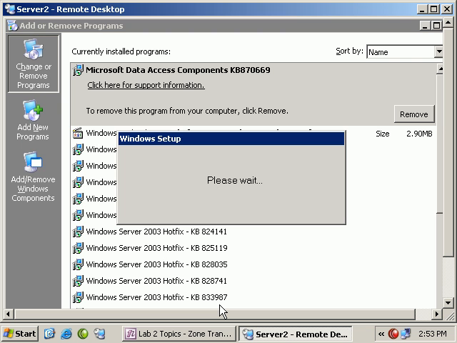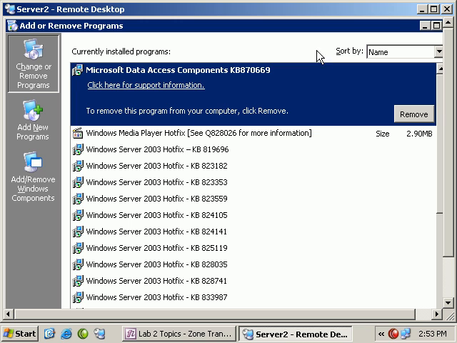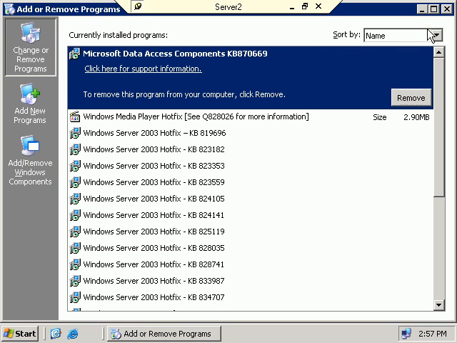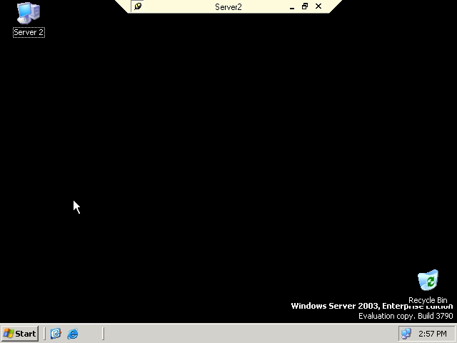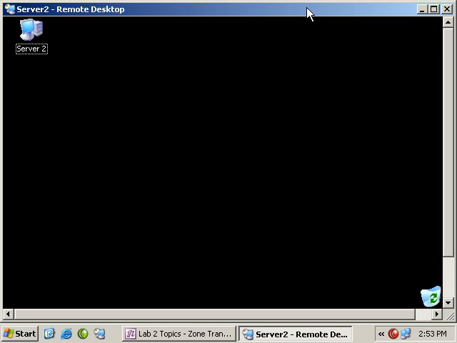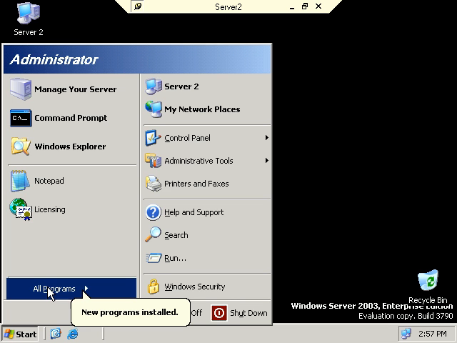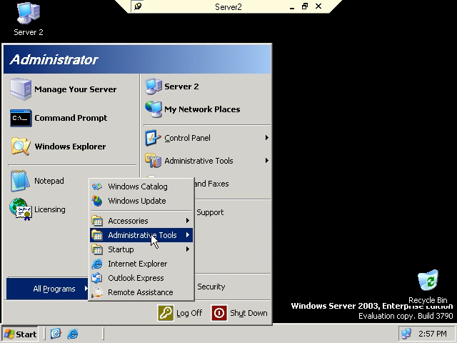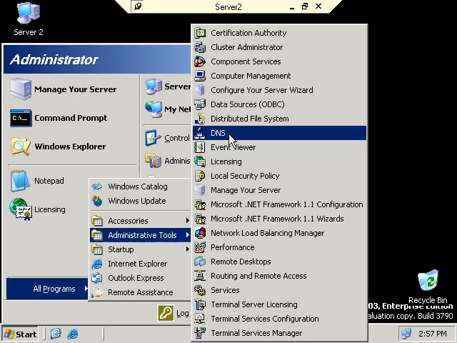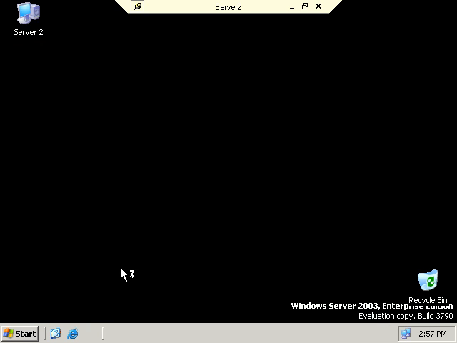Okay, DNS has finished installing, so we can go ahead and close out this window here, and we'll continue on with the process of setting up these secondary zones. Okay, so we're still sitting on server 2 here, and now what we're going to do is connect over to the DNS console. So we're going to go to All Programs, Administrative Tools, and then DNS. Okay, we'll open up DNS here,